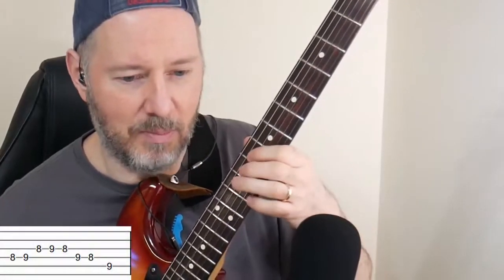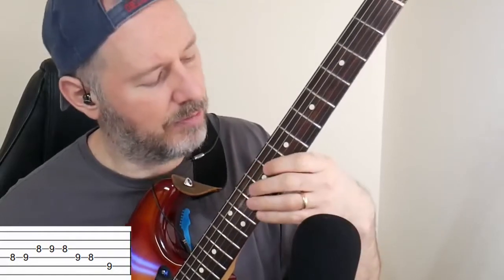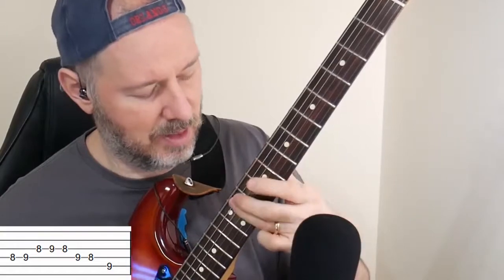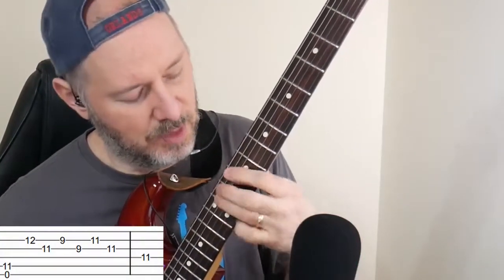Next, we have a little hammer on and pull off run, starting on an A sharp right there. So we're in Lydian, sliding up to an open to the 11th. That's a major 3rd sound. Then we repeat